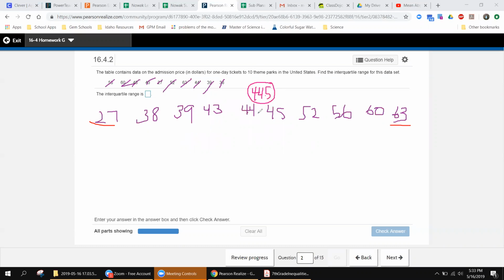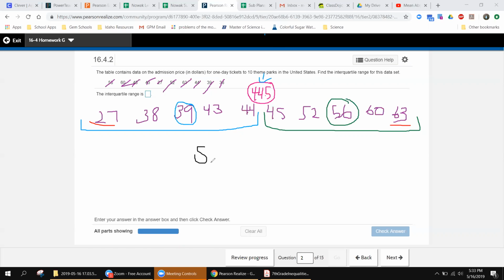The lower half of my data set is going to be everything to the left of the median, so less than this 44, because remember, this 44.5 is my median. And then my upper half is going to be everything bigger than my median, which is going to be 45 all the way up to 63. And so now what I can do is I can find that first quartile, or middle of the lower half. That's going to be my 39. And my third quartile, middle of the upper half, is going to be this 56. And then to find my interquartile range, that is going to be 56 minus 39,